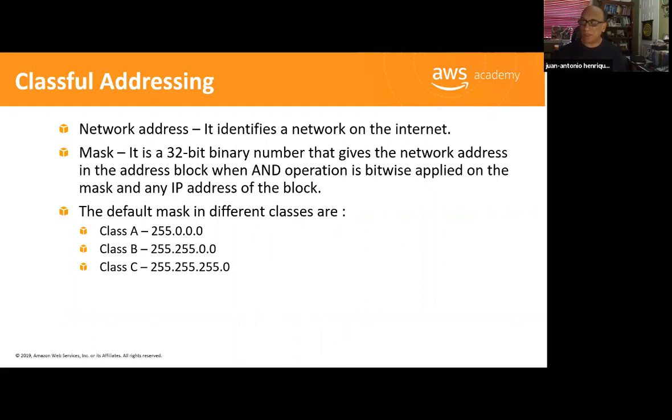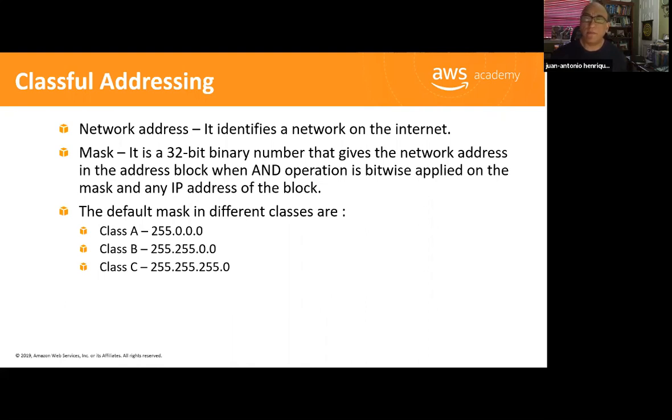of the network address. Again, remember, the network address identifies a network on the internet, right? So again, like a zip code. A network address may identify a company, for example, because it's assigned to that company. A mask is a term that is very commonly used in networking. It is a 32-bit binary number that is able to give you the network address when you use the AND operation. And you'll see how that is done